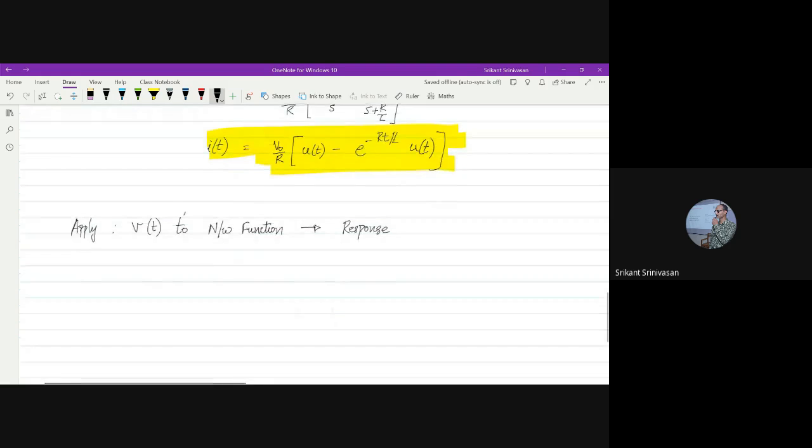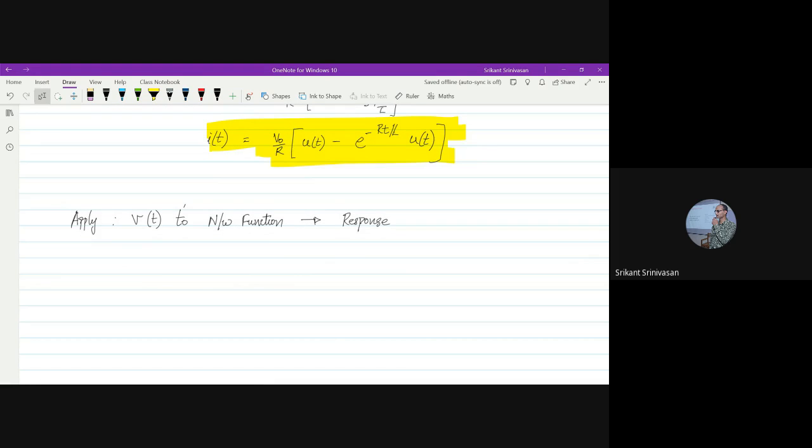Now we will change these forcing functions. We'll have different values of forcing functions, but my network function is fixed. Normally I have some network with R, L, C, all passive elements, and if I apply some excitation or forcing function, the excitation can be a voltage or a current source. I'm always using a voltage source, but I could have used a current source also. So I apply some excitation V and I get some response.